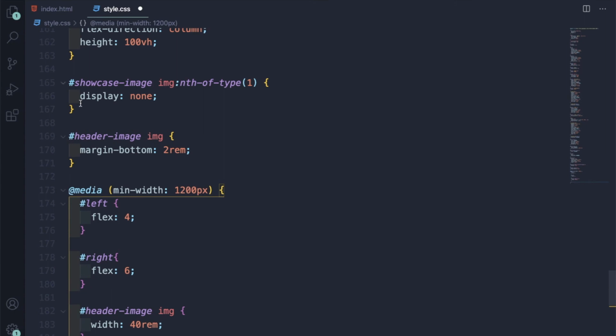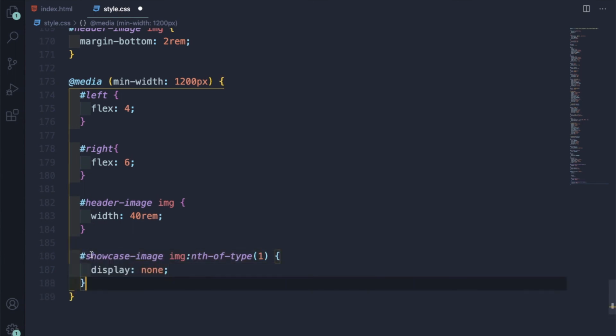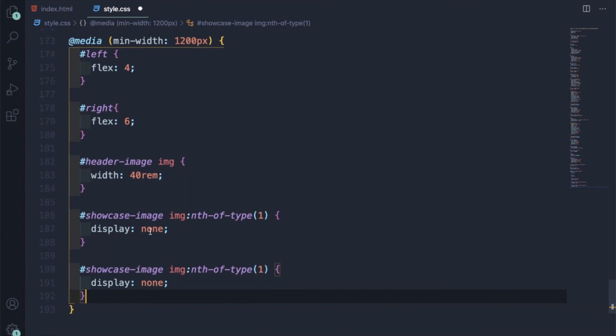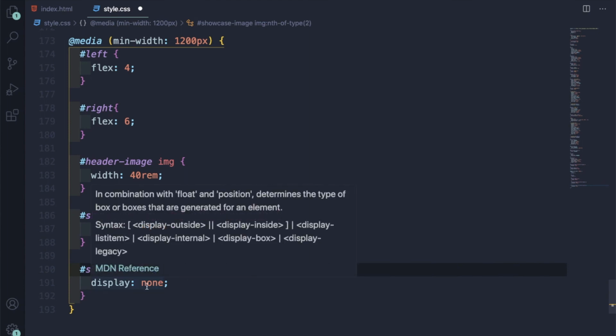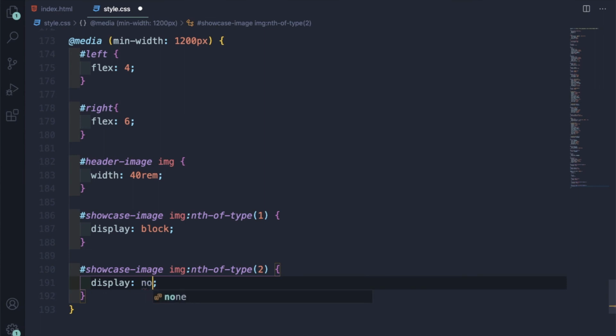And let me copy this because we are going to use this now. The first image will be block, the bigger image with 2 depths, and the second image will be none. So let me save this much